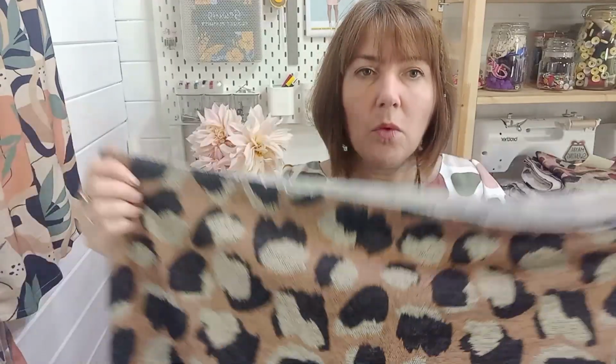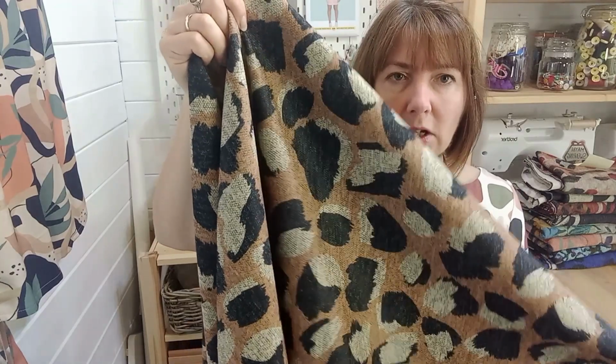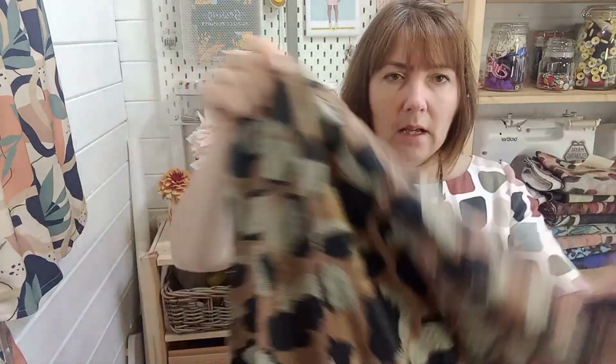you get 70% stretch in the width, so you want that to be going around your body, and then there's only 20% stretch in the length, and that's good if you're making a dress or a sweatshirt or a draping cardigan, because it won't stretch down and go out of shape. You get the stretch across your shoulders here where you want it, but then it's quite stable in the